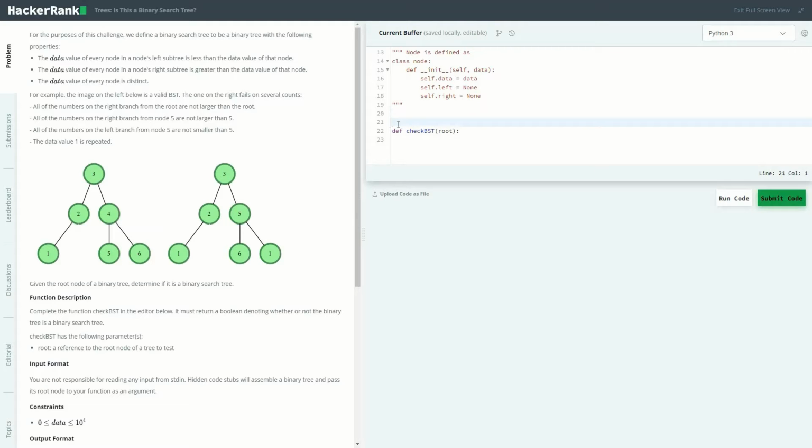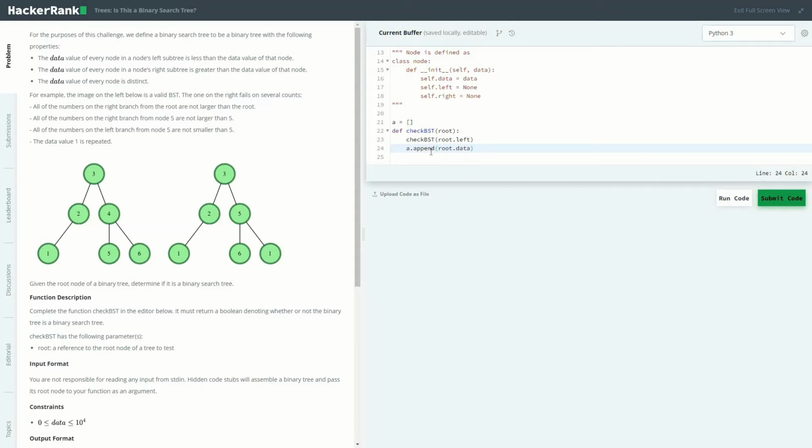In order to make it work, we'll create an empty list, and in this list we'll be storing our values by sorting them. To sort it, the basic concept is that we'll perform recursion: bst root dot left, then a dot append data.